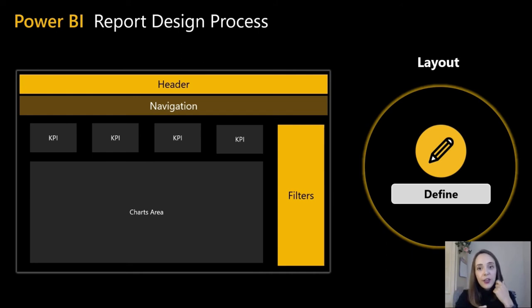Where is the chart area going to be? The KPIs. Just have an idea of how you're going to display the information in the different pages. Use PowerPoint if you have to, to do a preliminary sketch. And whatever layout you decide to go for, that layout should be consistent in all the different pages of your report. It doesn't have to be exactly the same, but it needs to be consistent across all the pages. Don't forget that. And now that we know the layout for our pages, it's time to go one step further again.